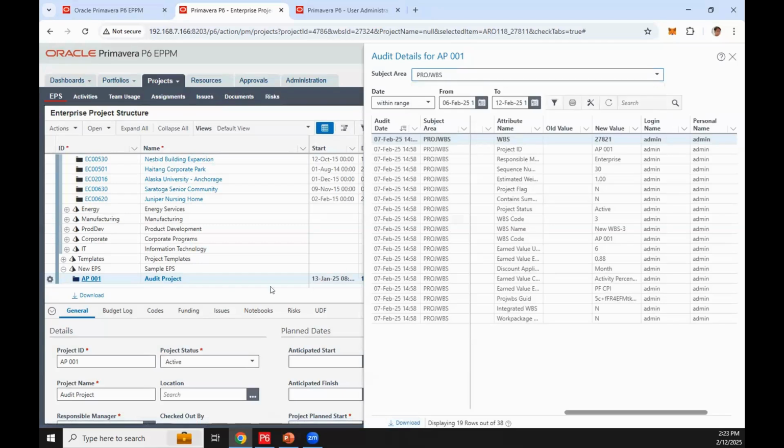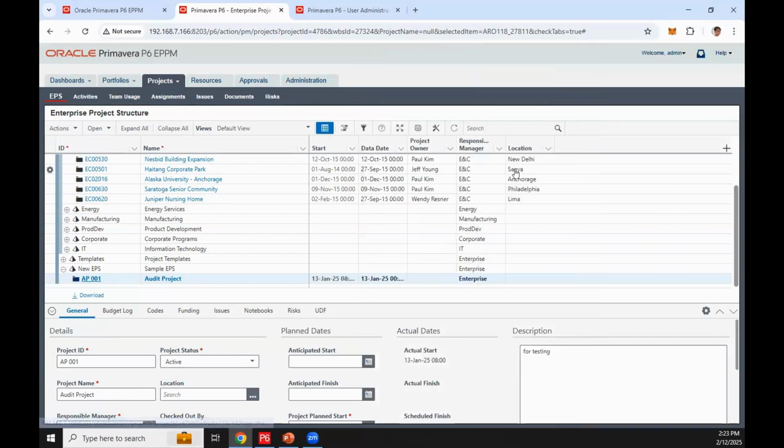So again, to use this one, you must set up the table auditing and run the publish audit data global scheduled service at least once before this data will be visible. So you first need to set up the auditing services of EPPM.